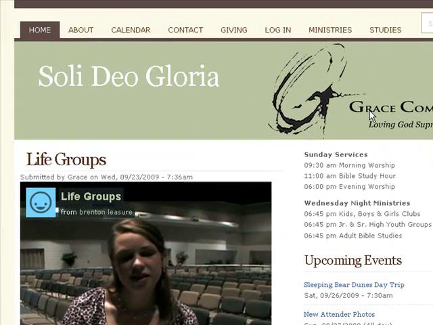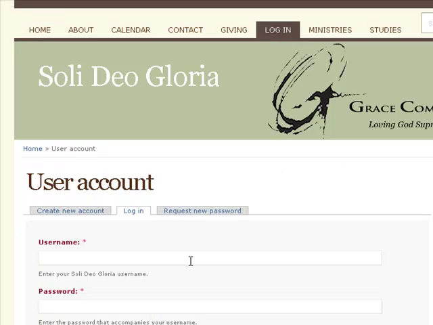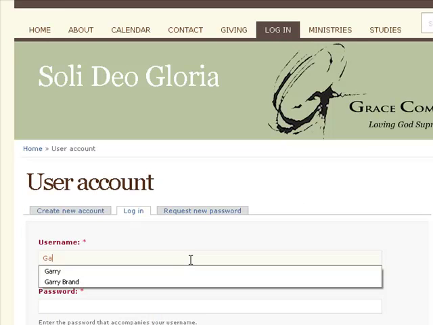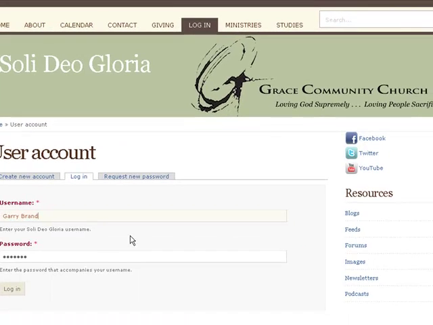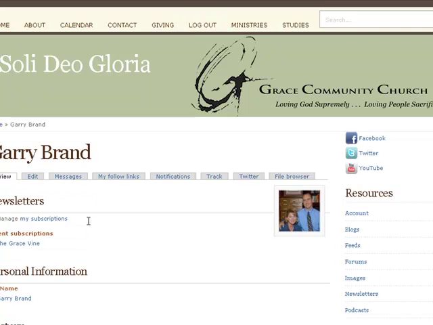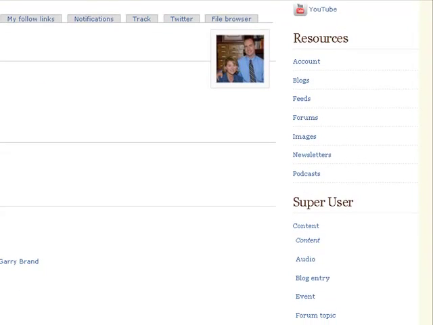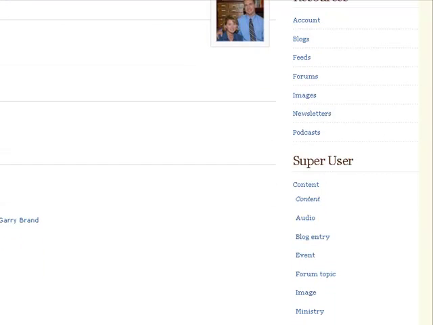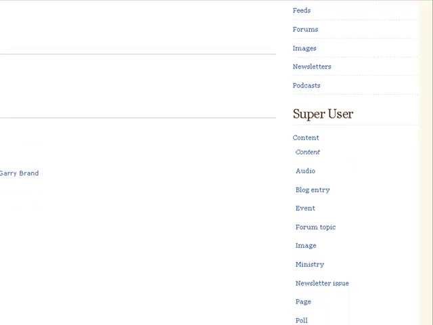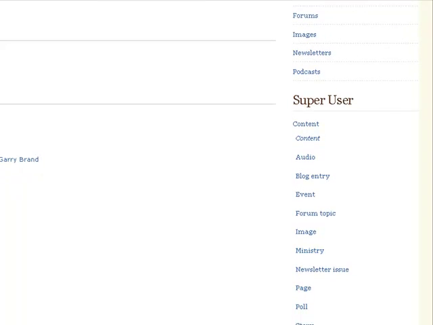Let's go over how to add content to the soulgrace.org site. So I'm going to go ahead and log in, and the only people who have access to add content on the site are the administrator as well as super users. So I'm going to log in, and over on the right I will see my super user menu, which just means I have more access than regular authenticated users, and that access is to